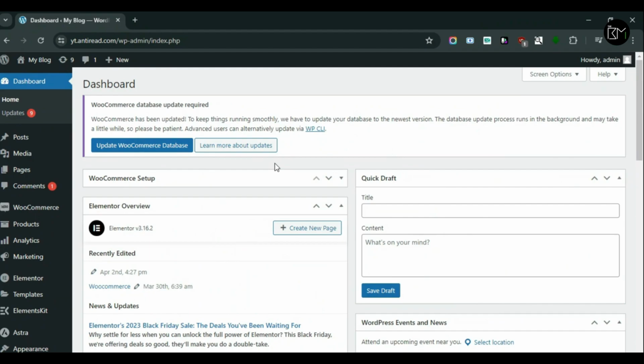So, in today's video we are going to create a new contact form with the help of WP Forms. By the way, this is one of the best plugins on WordPress which you can use to create your desired form, like a contact form, newsletter form, automobile form, or even pop-up forms. You can create any of these forms with the help of this plugin.